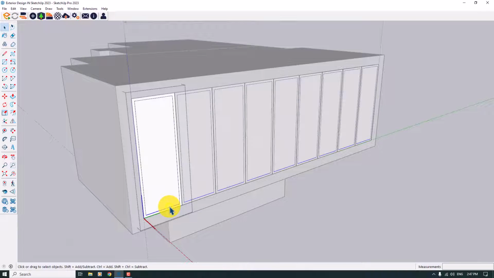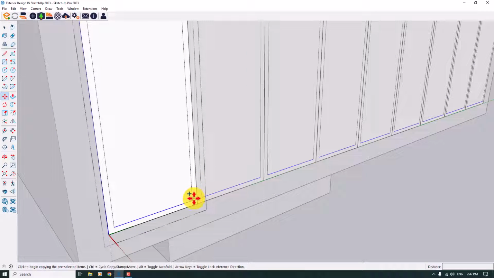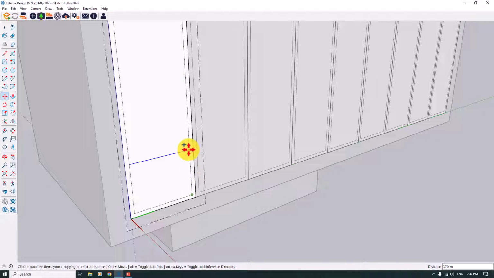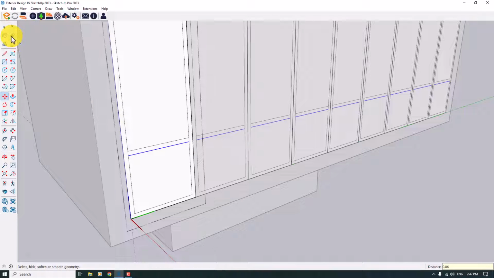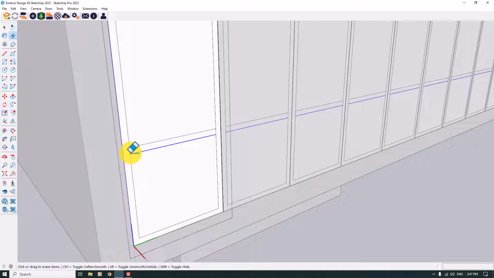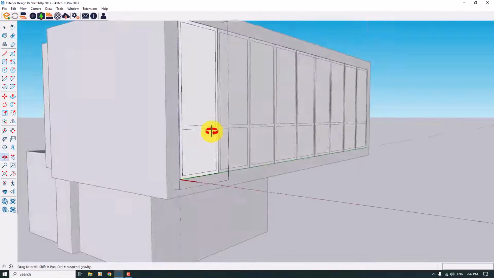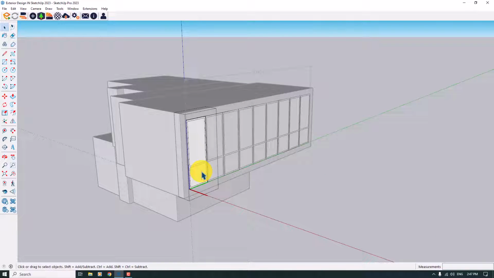Or you can select these lines in here and take another copy on the upside, something about 0.88, and another 6 centimeter copy in here. Use the eraser tool and erase these extra lines in this place. So I will select these two faces in here, click on the move option, and take another imaginary copy on